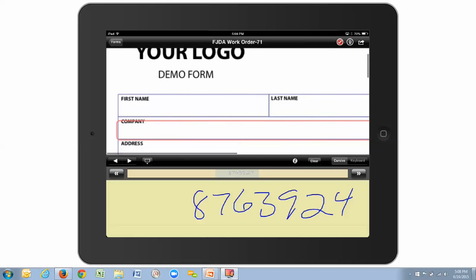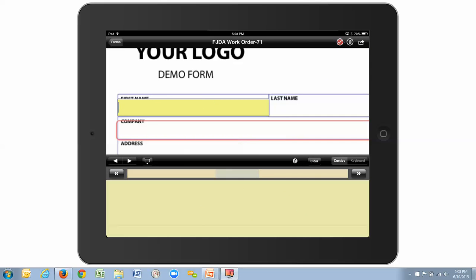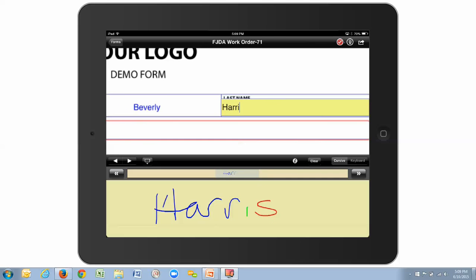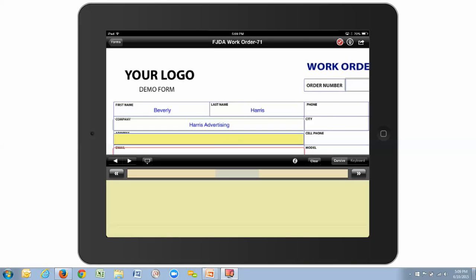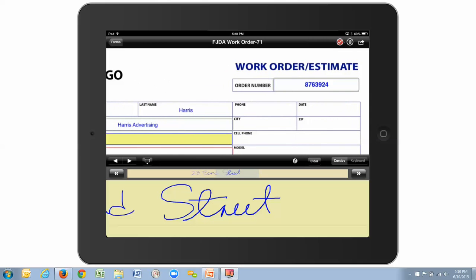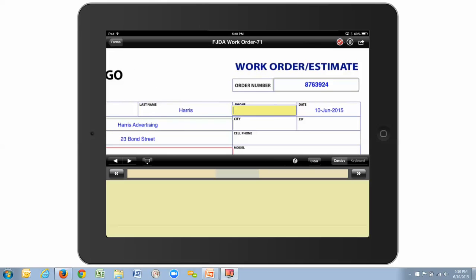Digital writing allows me to use cursive handwriting or the integrated keyboard to fill in the fields. Okay, first name, last name, put in company, and the address, we're going to slide over here. We can incorporate things such as the date wheel. Enter in our phone number,